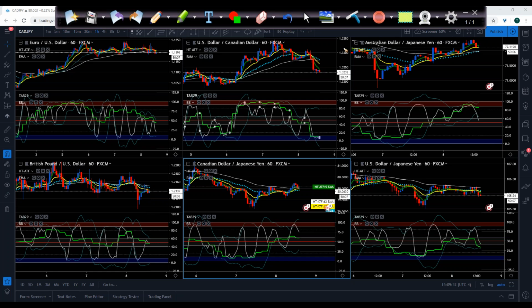Okay, Mackenzie, good question. UC looks good. I'm seeing here we've got 50 pip channels. There are some wicks, but you see market movement, right? We can see here in tab 29